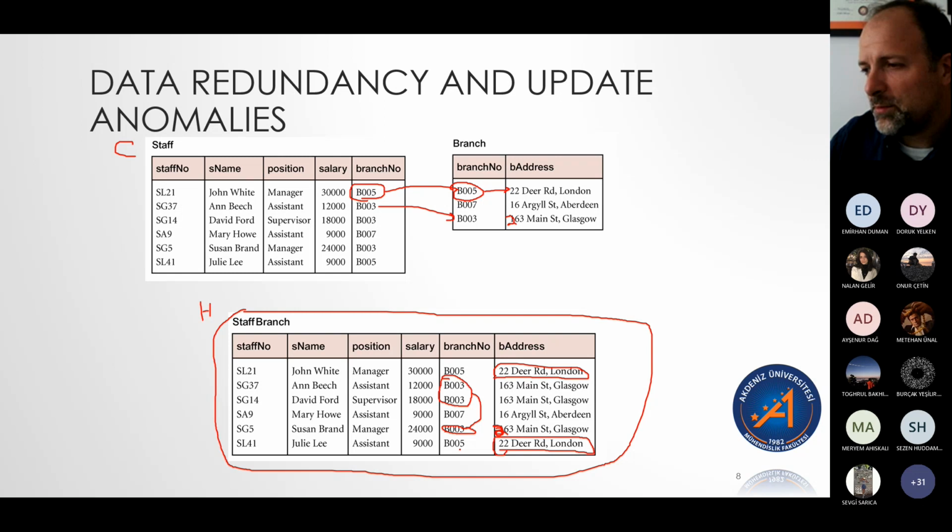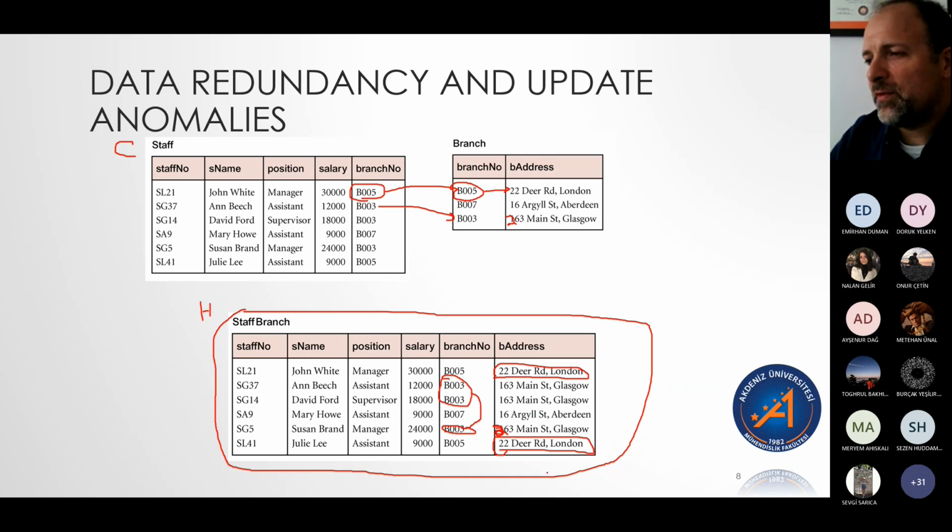We add them to a branch, but when we fill in their address, we type it as for B007, 16 something else street. We accidentally typed the wrong address.